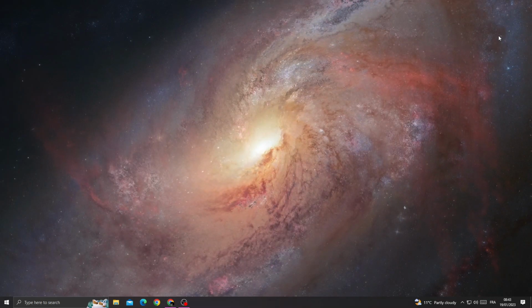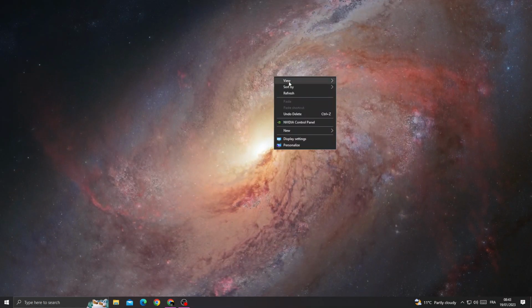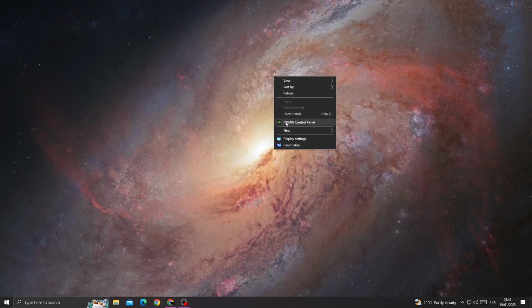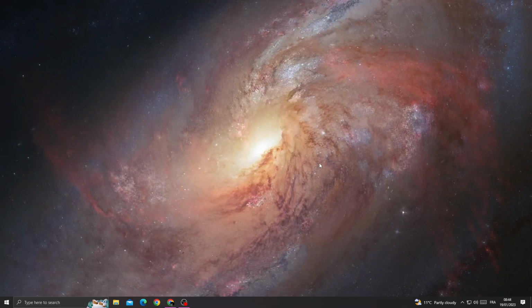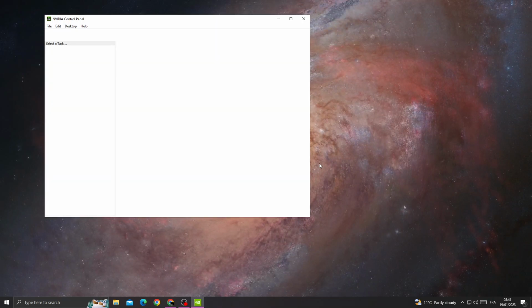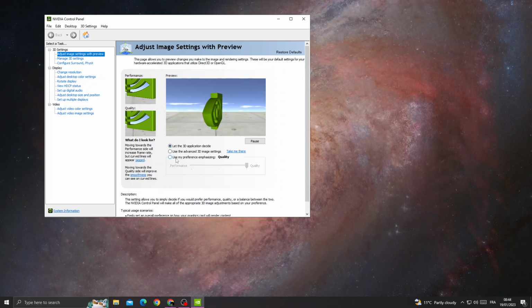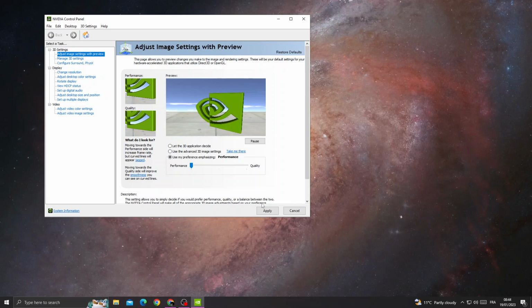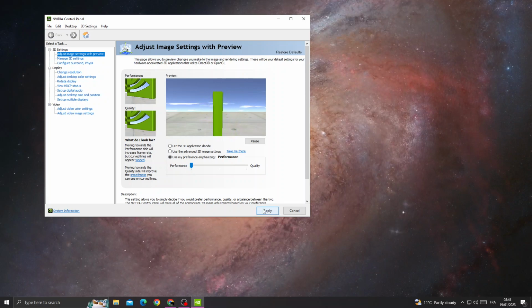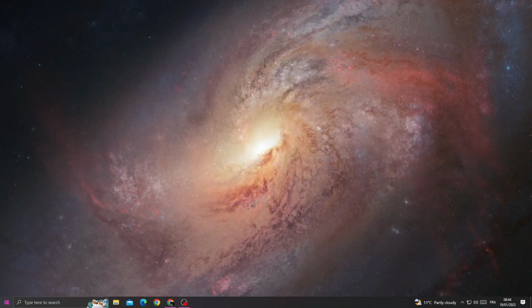If you want to fix it, what you need to do first, just right click on your desktop and then click NVIDIA control panel. Now just wait, and then once you're here, click use my preference and move it to performance, and then click apply, and that's it. After that, go to settings